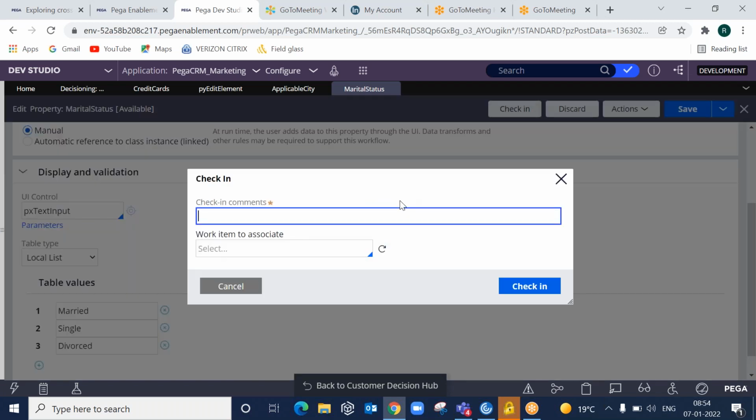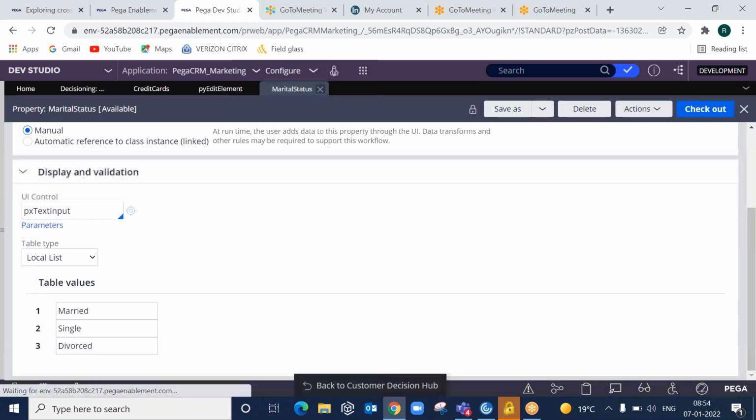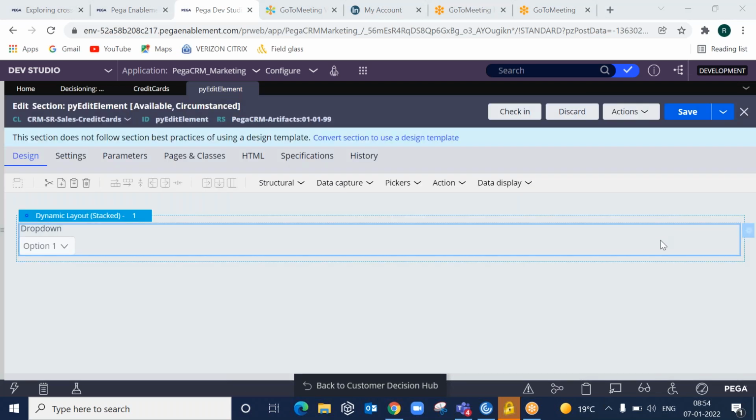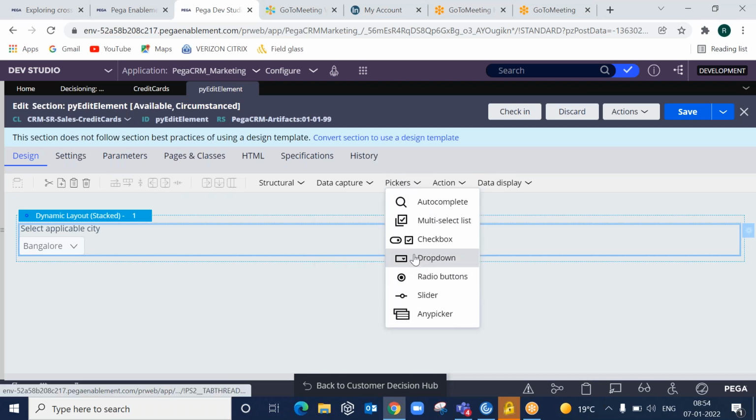Similarly, I will create just one more property, and let us call it as checkbox.